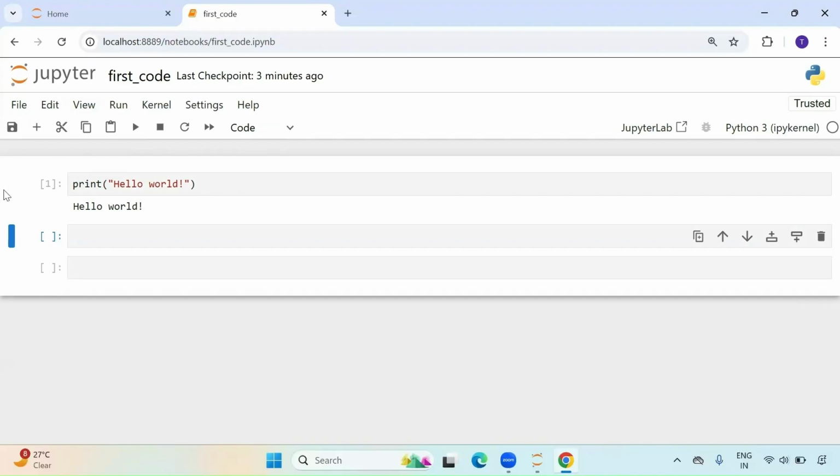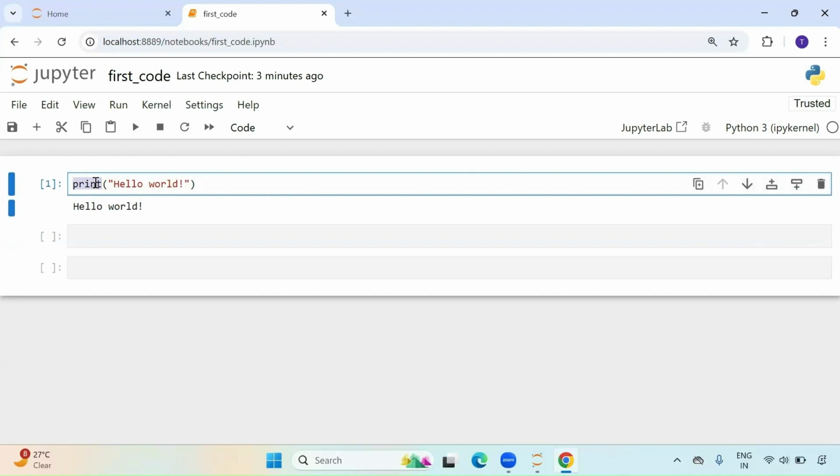So what did we just do? Print in Python is a function. What is a function? Of course, later in the course, we'll have a very detailed discussion on function. But for today, think of a function like a TV remote button. There are buttons on the TV remote and we know which button will do what. And we would press the button based on what we want to do. So if you want to increase the volume, we would press the volume up button and the TV sound would increase. So functions are similar to these buttons on the TV remote.